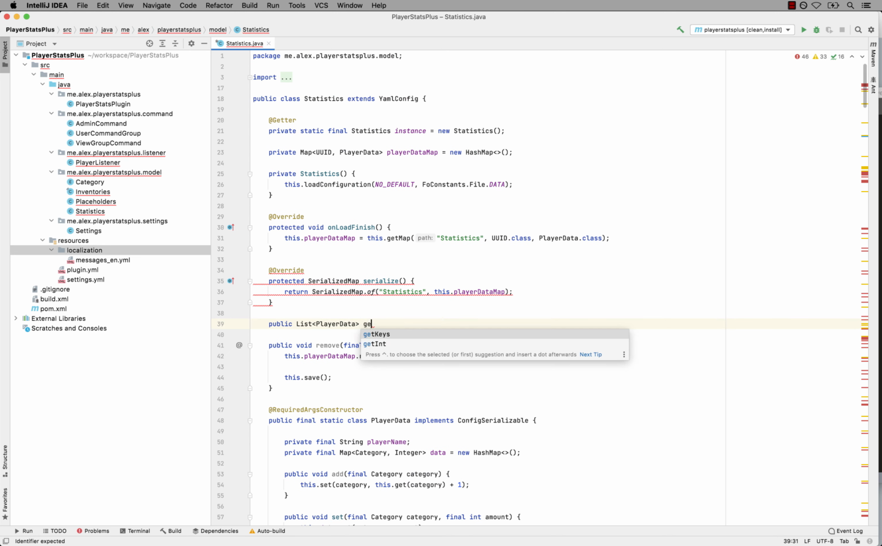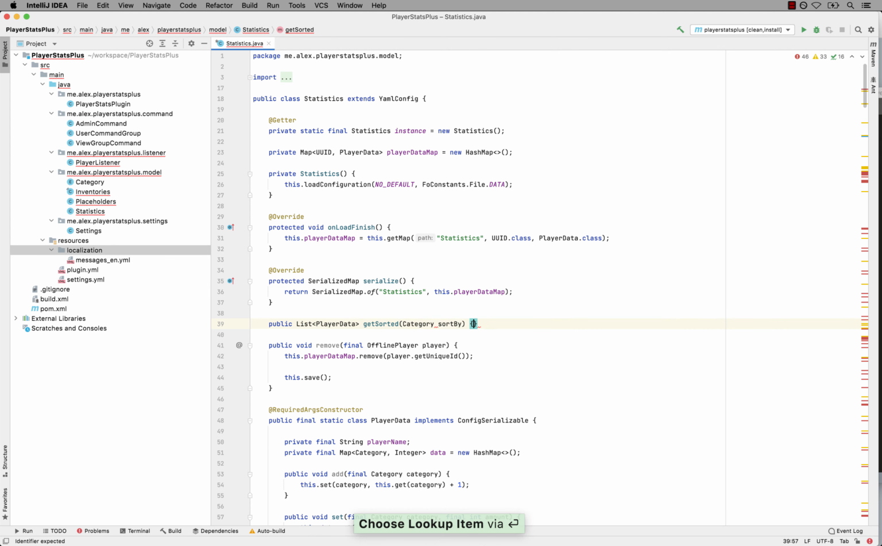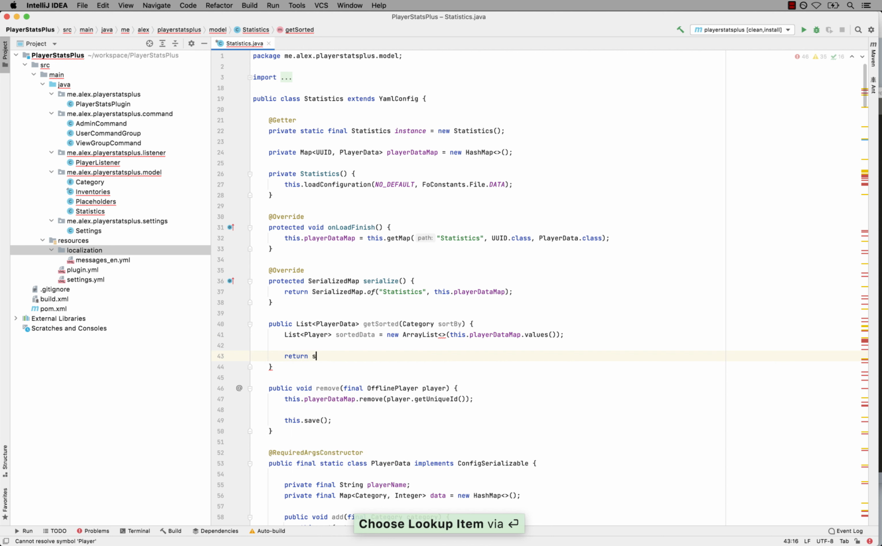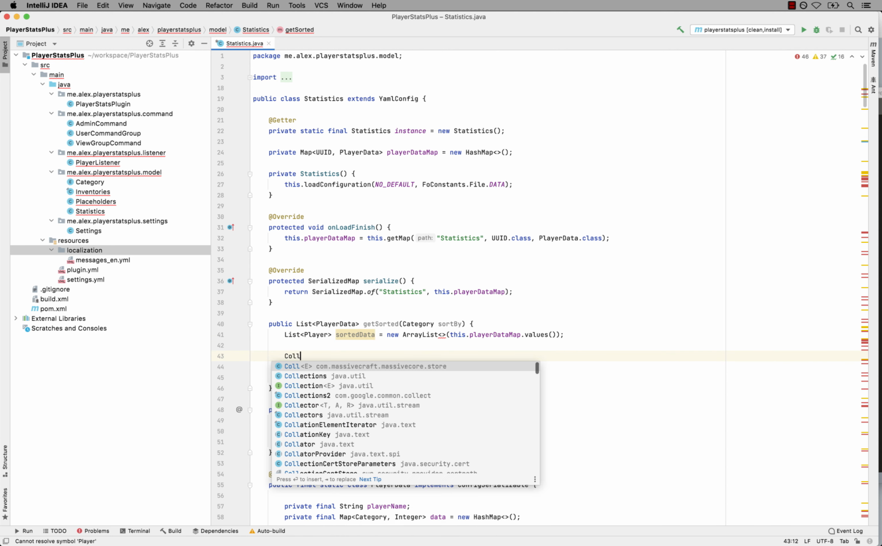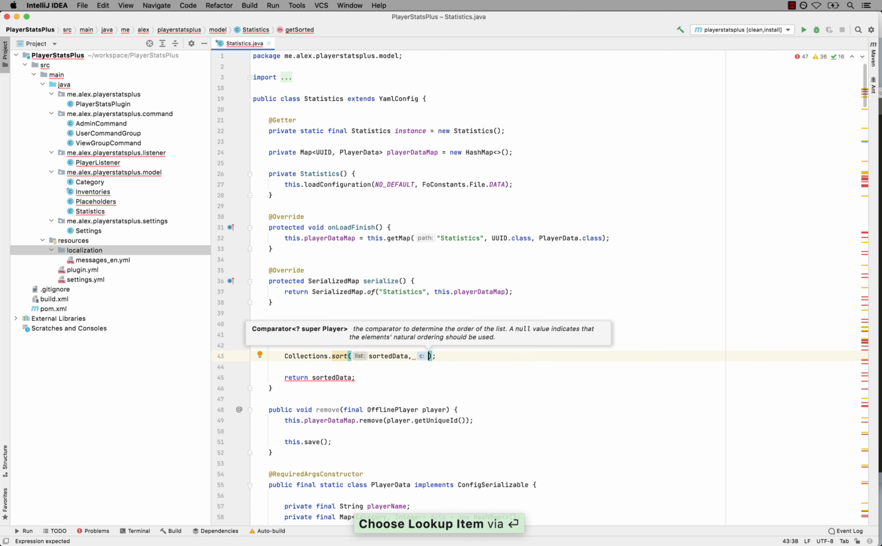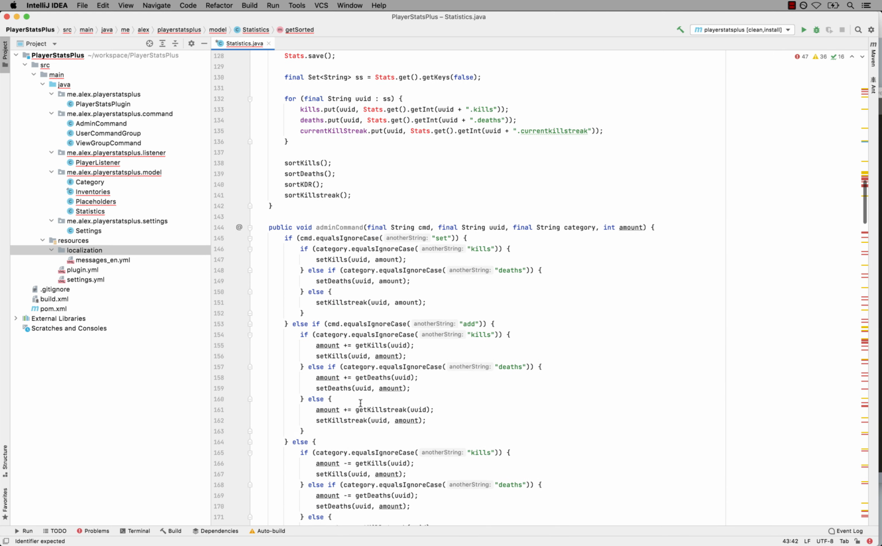So here, what I'm just gonna do, I'm just gonna get sorted, and we can use the category sorted by. That's it, and we can create a duplicated list, sorted data, and we can clone what we have here. We can clone all the values in the map. We can return it, but before we do, we need to go to collections, and we need to sort the data by the comparator. And for the comparator,